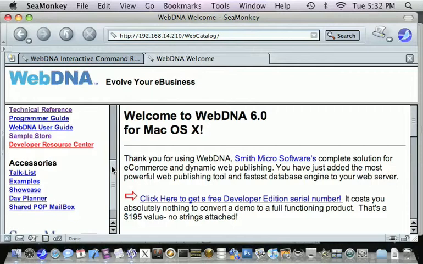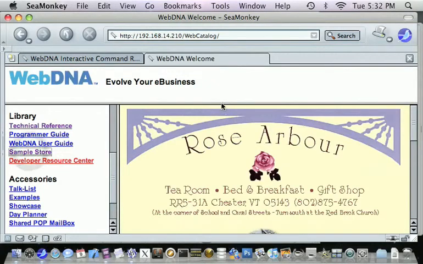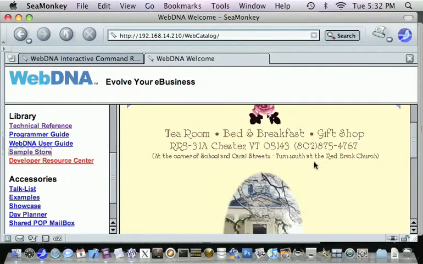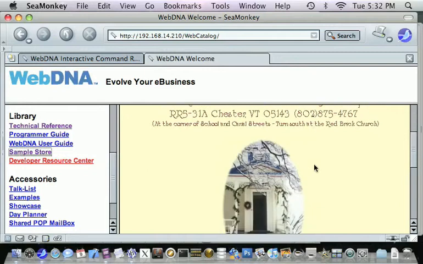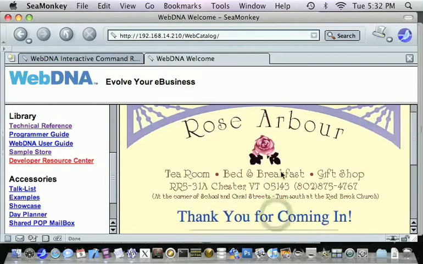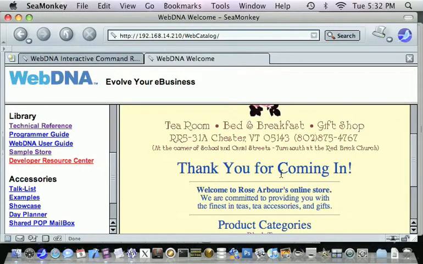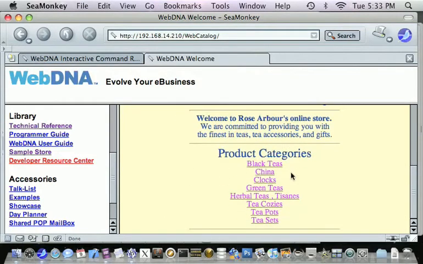And for this build and for this video, we're going to reproduce an age-old sample store. This has been the default store that people can go in and look at the source. Very simple store, but as you can tell, it has that Web 1.0 look, and so we're going to reproduce this in the upcoming tutorial in the next section, and get this up to date,